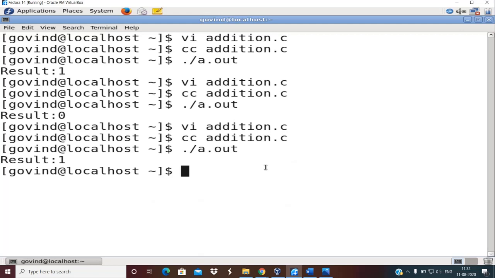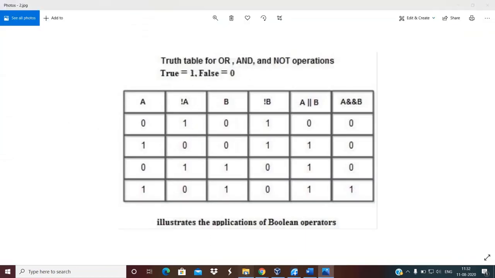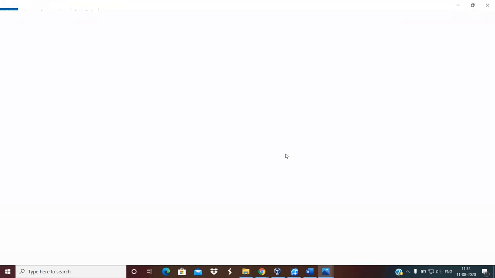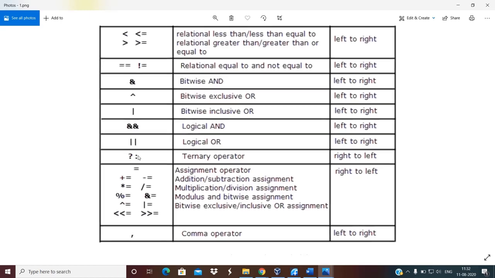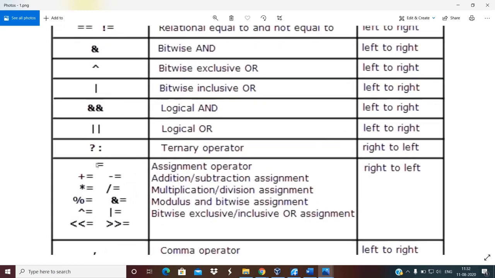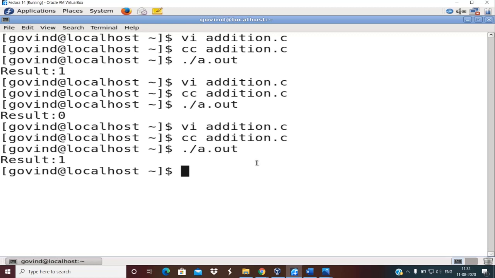So I will write a program without actually using the if else. I would like to show the program for performing decision making. So in such problems which involve decision making, we can make use of relational or logical operators, right? So for doing this, I will introduce this ternary operator. Okay, so indirectly I will introduce the ternary operator to solve such simple problems. You can see here the ternary operator is a question mark and colon. Okay, so how this works, I'm going to show it as a part of a program.